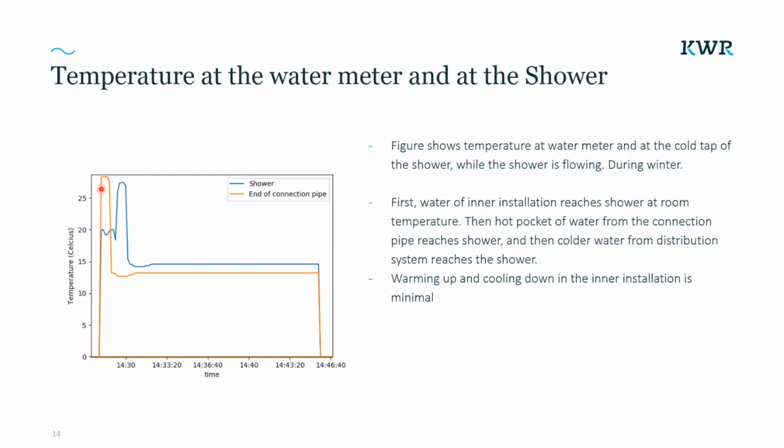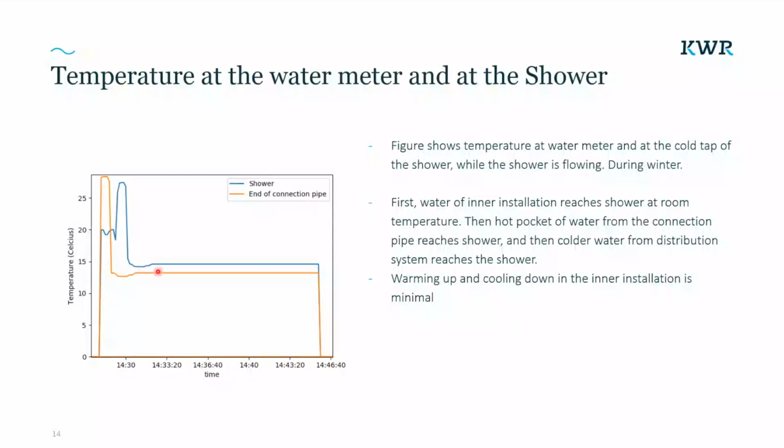meter. It's about 1 minute, 1.5 minutes. That of course depends on the length and the diameter of the connection pipe, but in this case it's about 1 minute of water, and then the temperature drops to about 13 degrees Celsius or 55 degrees Fahrenheit, which is already about 3 degrees Celsius warmer than the temperature of the water it had in the distribution net, meaning that in the short time it spent flowing through the connection pipe, it already warmed up about 3 degrees Celsius.